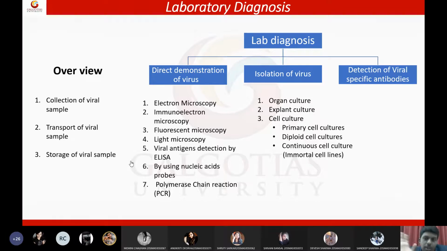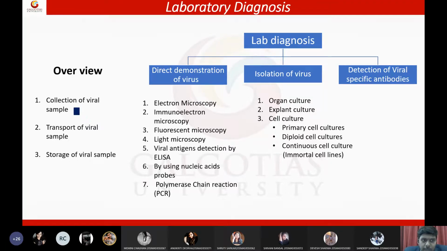Lab investigations we already know. We know that we will go with detection of virus by immunofluorescence, cytopathic inclusion bodies, or interference, or these other tests. Or we can also go with serological tests, such as rapid tests. Rapid card tests are available for the detection of viruses. That we have a solid knowledge. But these three areas are important: